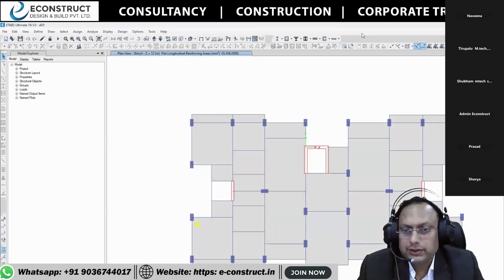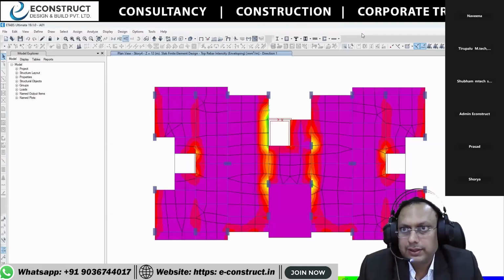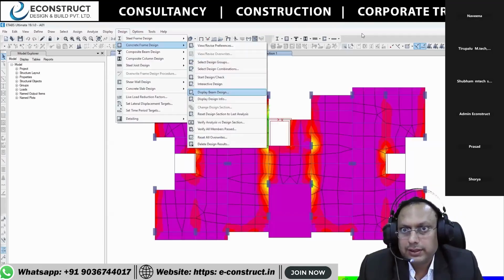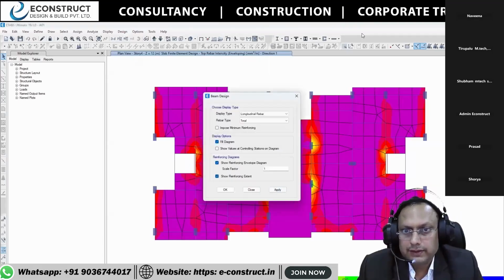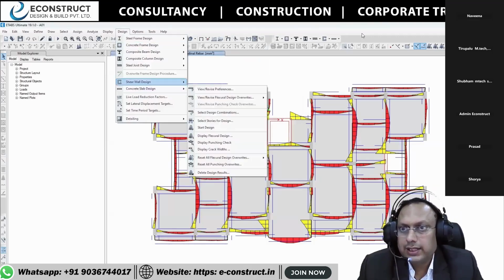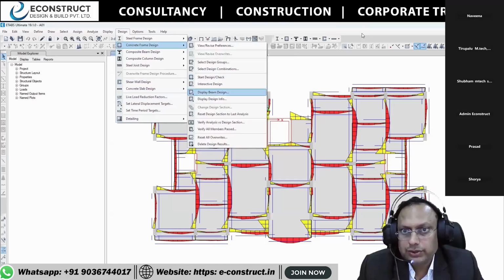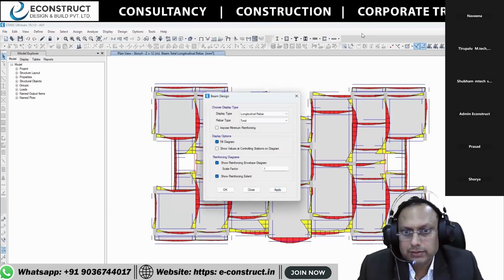The designing of the slab also got over. This is the designing of the slab. This is the designing of the beams, how the top reinforcement, bottom reinforcement, AST, everything you will be getting. Along with that, actually, you will be seeing the detailing portion also. I'll show the detailing portion a little while, but